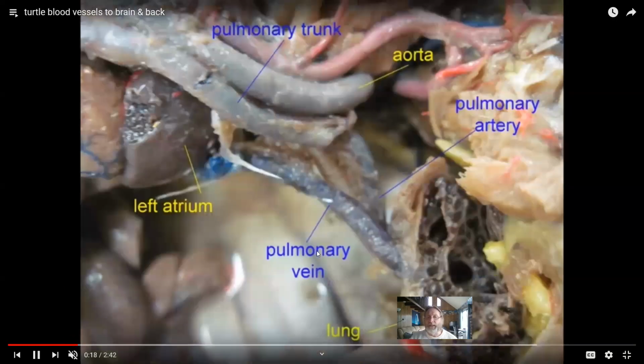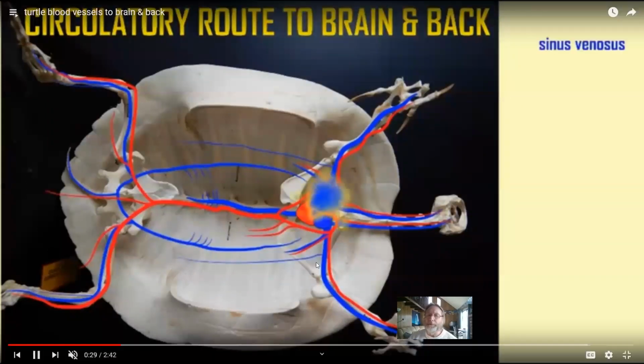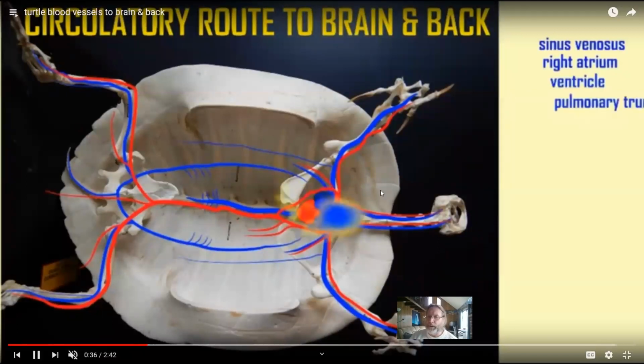Right. So once again, just getting back into turtles, you can see that there's a pulmonary trunk derived from the sixth arch. This then gives rise to the pulmonary artery, which will go to the lung. Here's the lung here. That then comes back through a pulmonary vein into the left atrium. So just like us, a pulmonary artery goes to the lung and comes back as a pulmonary vein to the left atrium, same thing here. So turtles still have a small sinus venosus that empties into the right atrium,